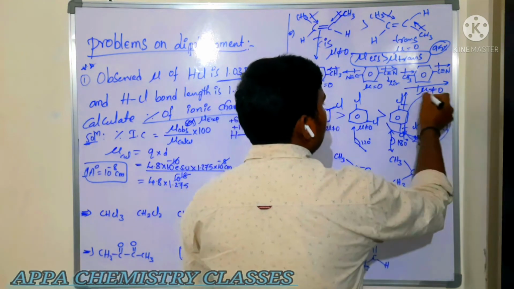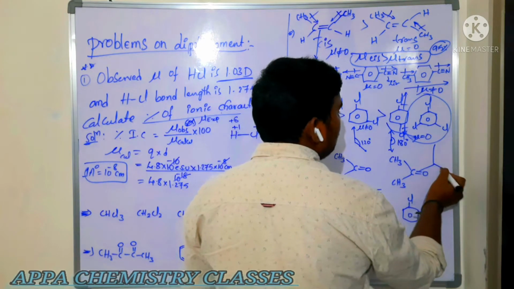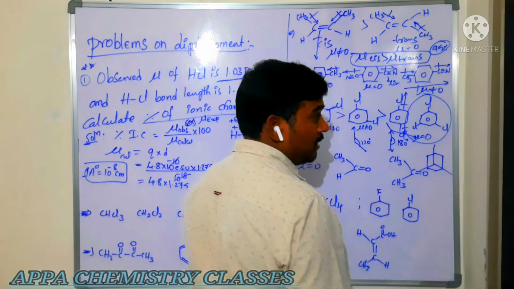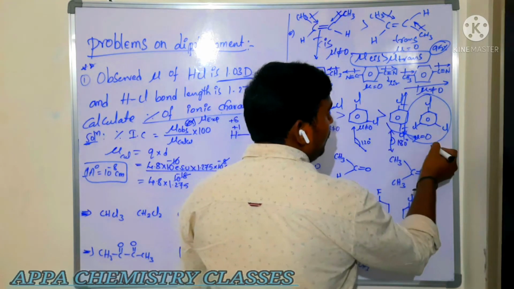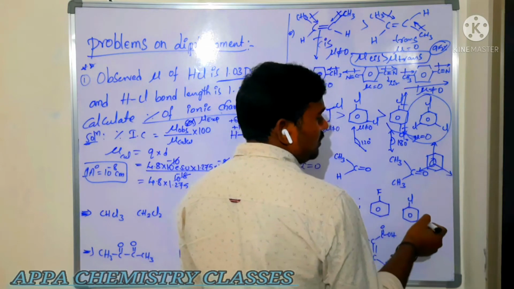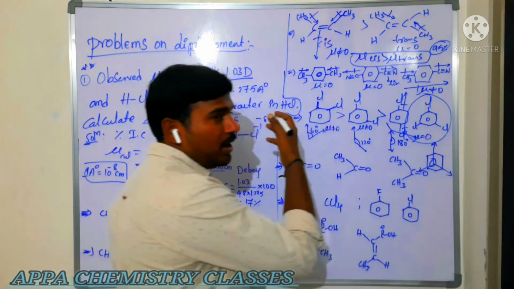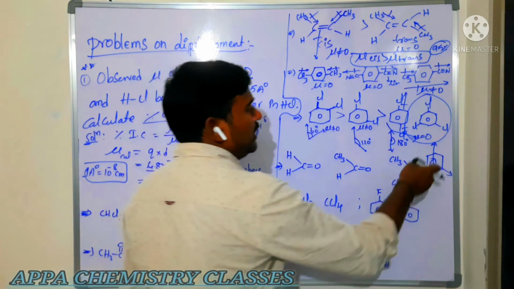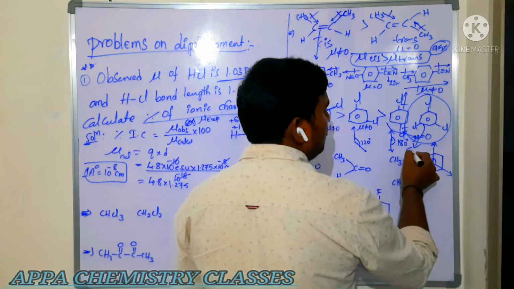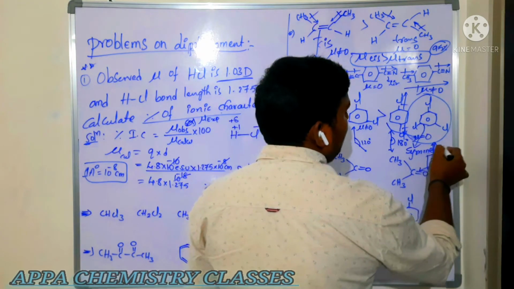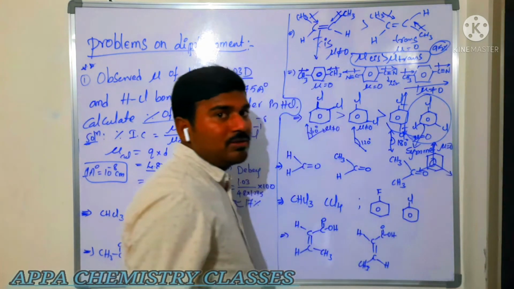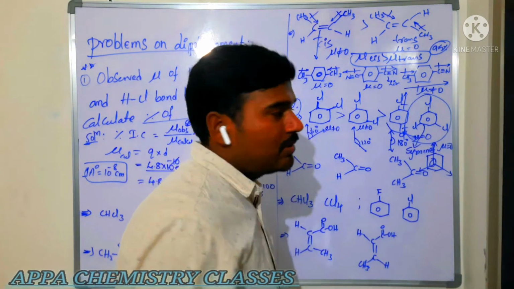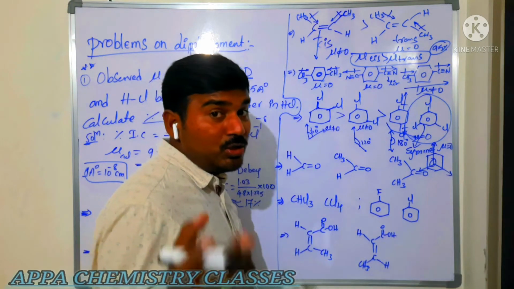And also you compare this one, how this molecule is looking. You know that the benzene molecule is planar, is it or not? So it is a planar molecule. Now it is trigonal planar or not? I had explained in the last video in the case of BF3, boron trifluoride, it is a symmetrical molecule. For a symmetrical molecule, the dipole moment is equal to 0. That is also 0. These two have 0 dipole moment. Is that clear?